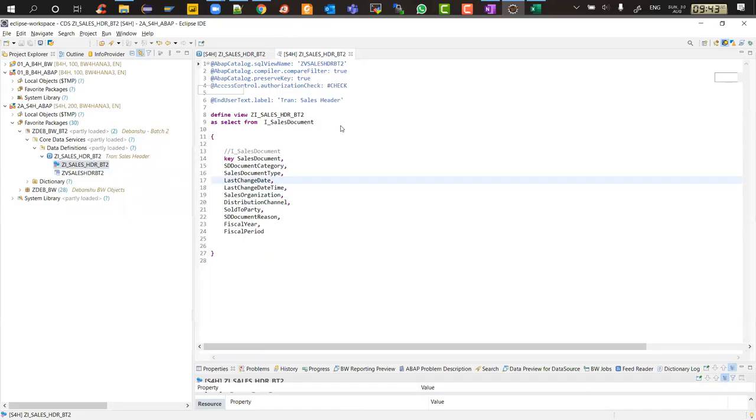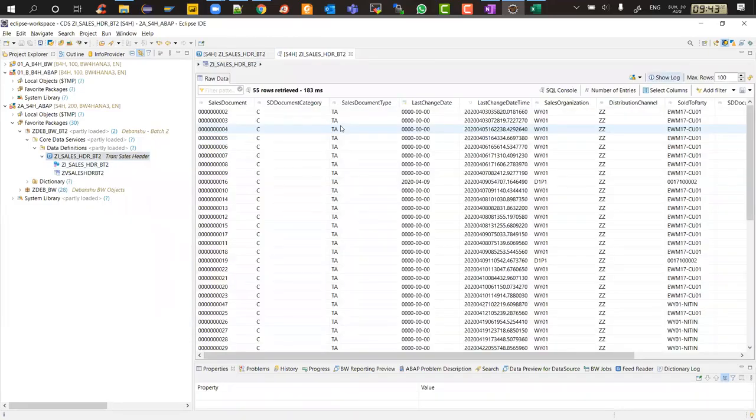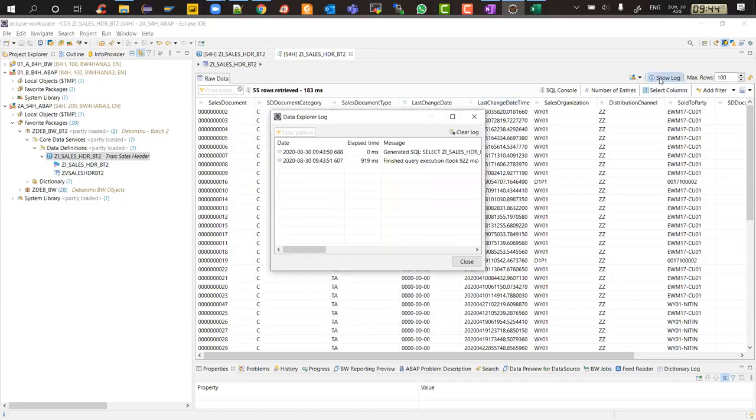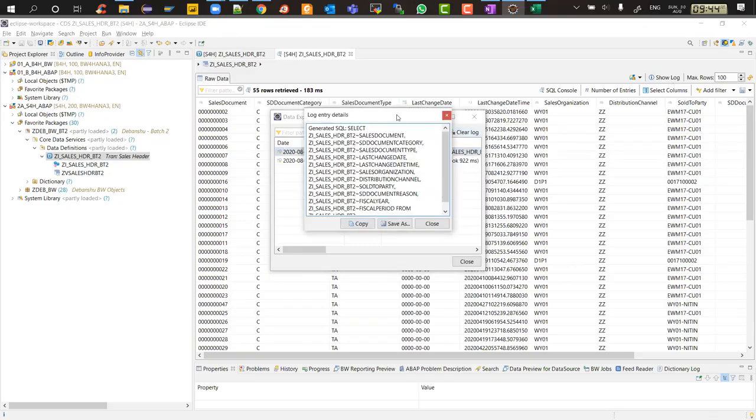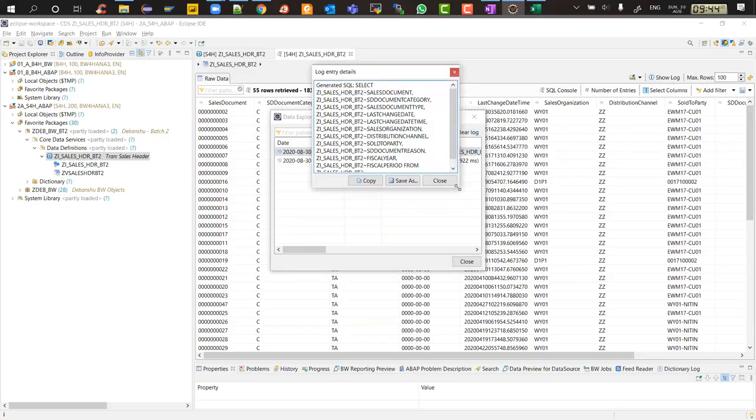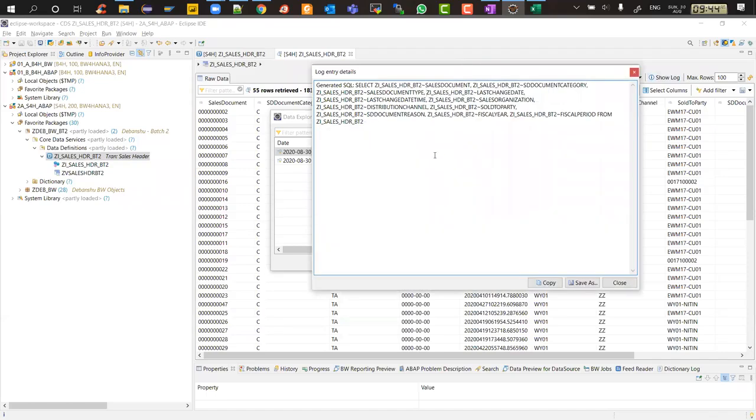So you click on that and in real time, this is bringing you records. Okay. And from where is it bringing records? From the SQL view. See, when you do data preview, it is bringing you data from the SQL view. If you click on the show log, if you want to see the generated SQL statement, which got generated in the backend, you can see that this SQL is getting generated from select this, ZI sales header BT2,